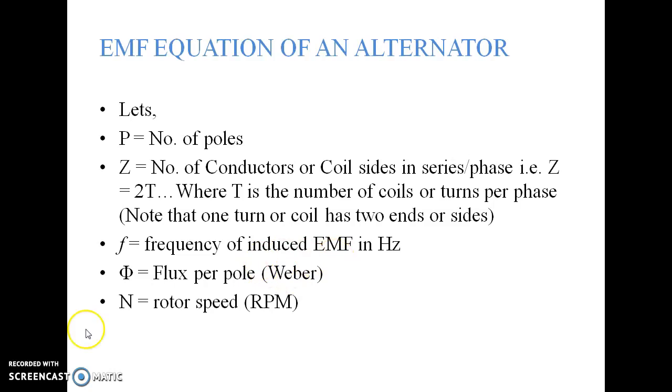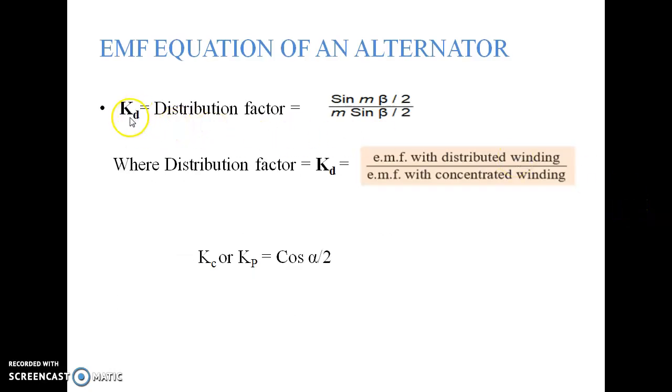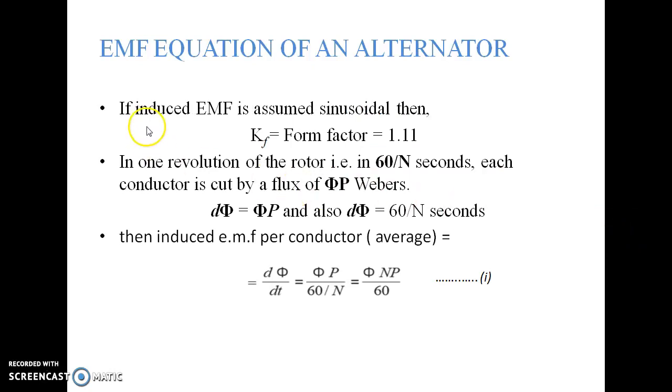Small f is the frequency of induced EMF in Hertz. Phi is the flux per pole and the unit is Weber. Capital N is the rotor speed, the speed of the generator, in RPM. Now we know Kd, the distribution factor, is sin(mβ/2) by m sin(β/2), and the pitch factor Kc or Kp is equal to cos(α/2). If the induced EMF is assumed sinusoidal, of course for an AC generator here we have a sinusoidal EMF, then the form factor Kf for a sinusoidal wave will be